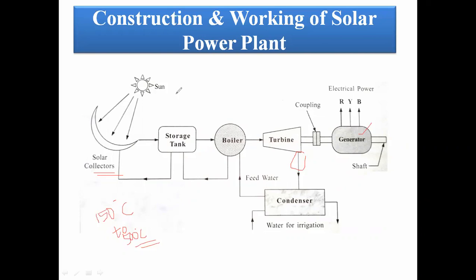But this is the old system. Here the drawback is that some amount of the steam is wasted. Why is this method preferred? Because solar energy is not available throughout the day. In a day of 24 hours, we can't generate power with the solar power plant. On an average, we can generate power 4 to 6 hours per day.